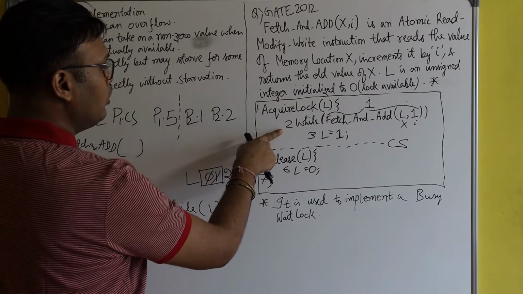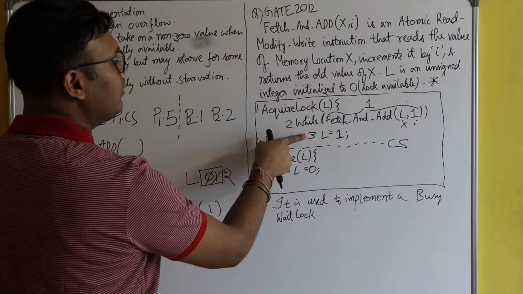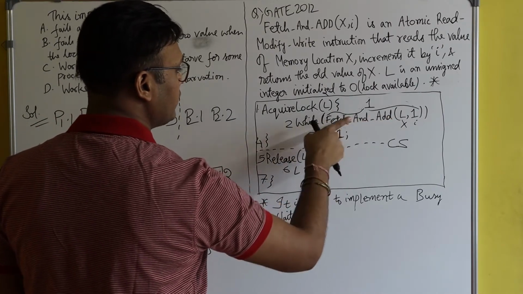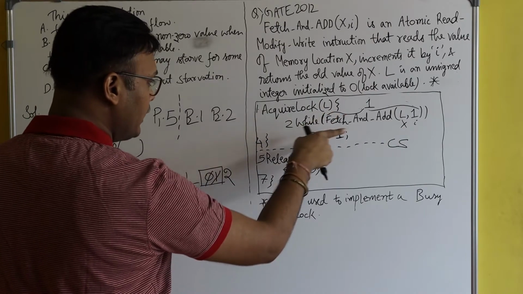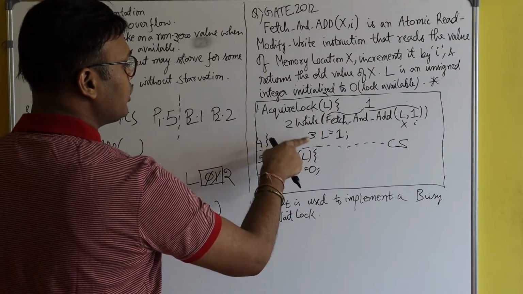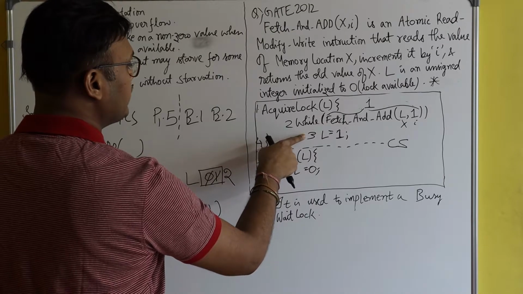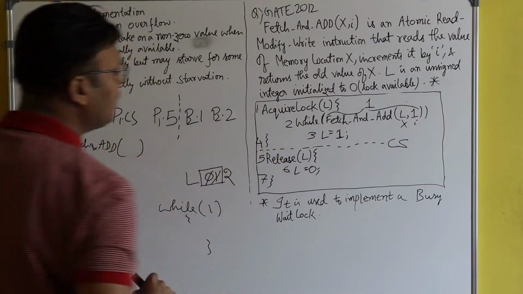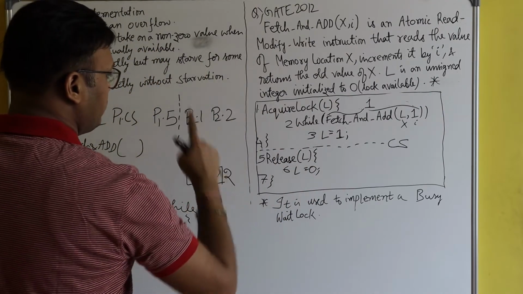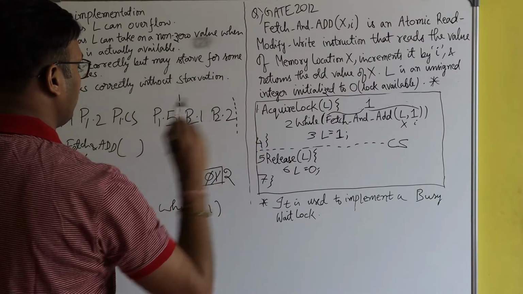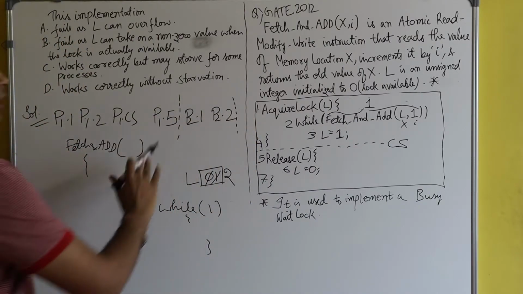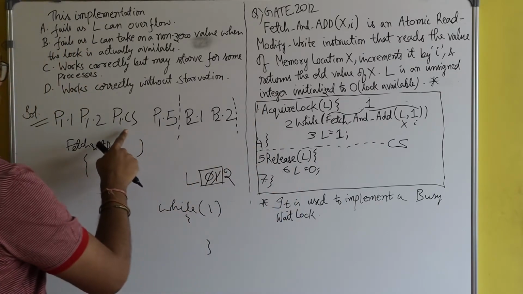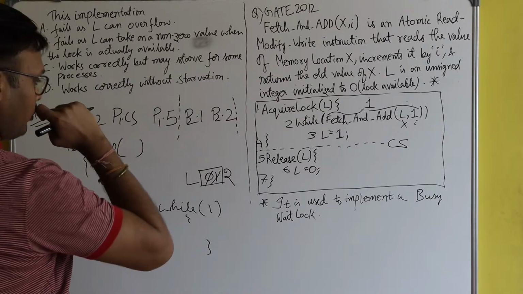So process P2 will execute line number 3, because the while loop condition is true, so process P2 will get entry inside the while loop. And suppose before process P2 could execute line number 3, the preemption happened at this point. Fine. Preemption happened at this point and the CPU is given back to process P1.